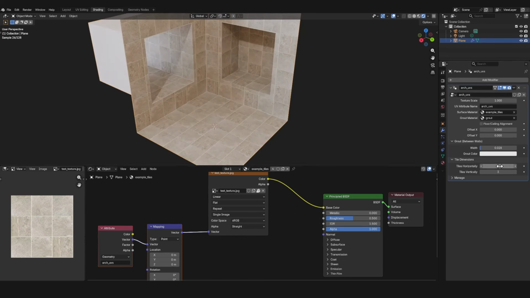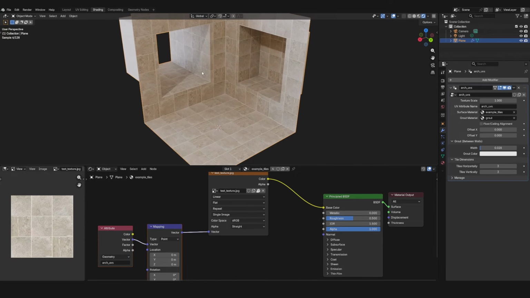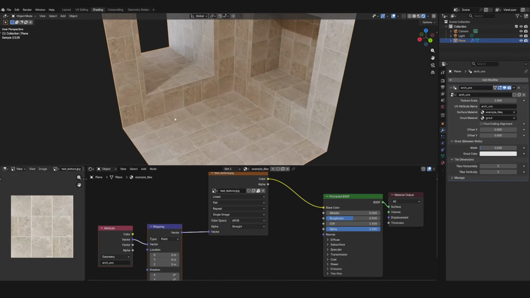Otherwise, it can start failing. As you can see here, for example, they don't match. But if we set it correctly, it will always match. If the texture has tiles that are not 1:1 in aspect ratio, then of course it will match only with